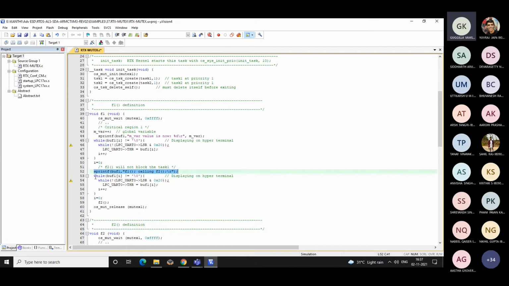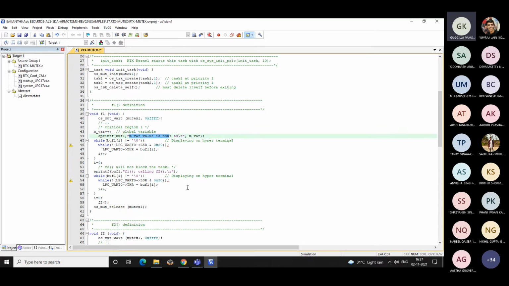So when you execute the program, you just get to know which task is holding the mutex. So that is through your simple message which is displayed. And what is the value of this variable?